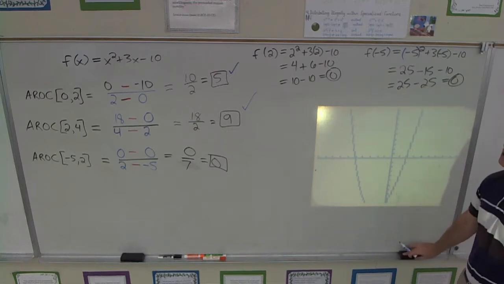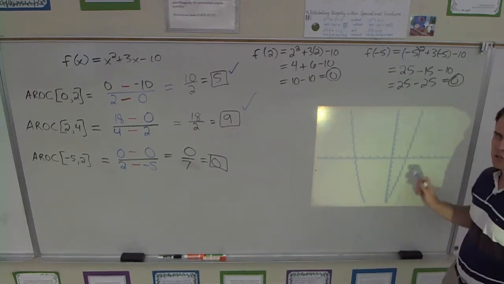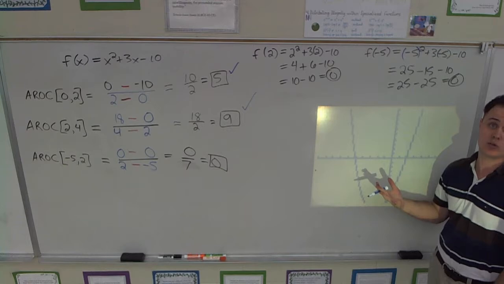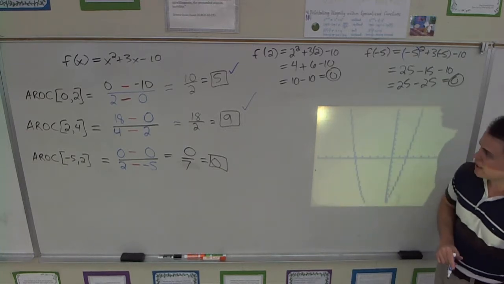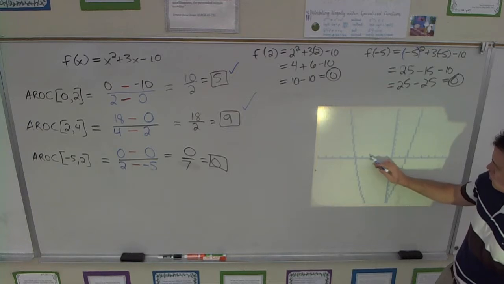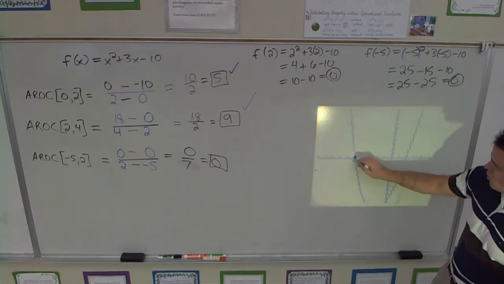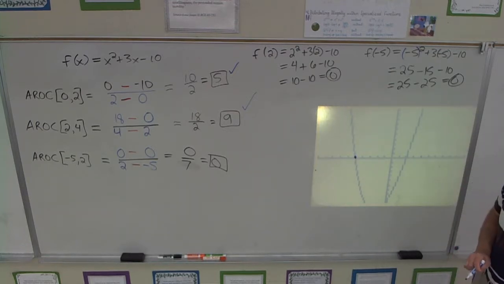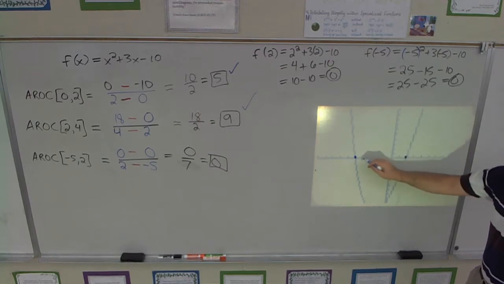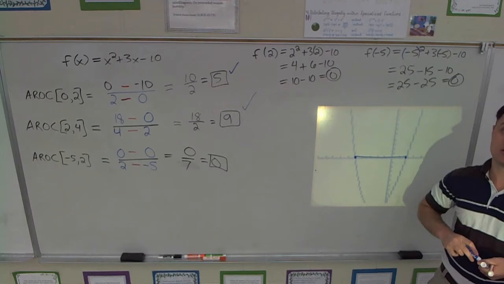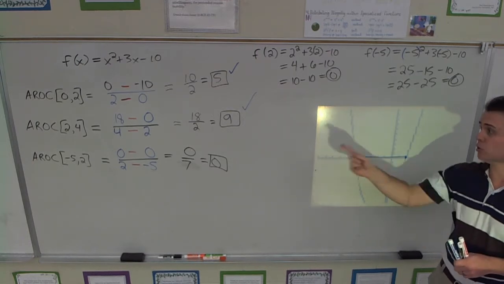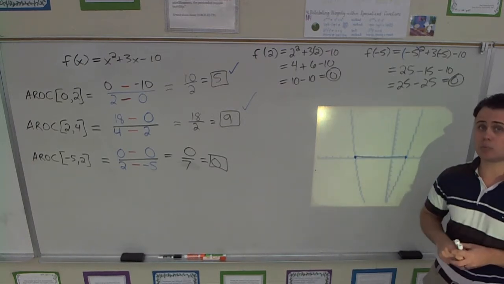And then finally, the last average rate of change we did. Notice, this is of course not a line, so its average rate of change is different in different locations. When I go to negative 5, 1, 2, 3, 4, 5, that's where I'm at. When I go to 2, that's where I'm at. What is the slope of this line? I think we've learned that already. You should know the slope of a flat line is 0, which is what we got. So this all makes sense,